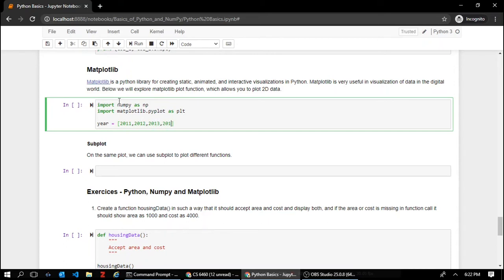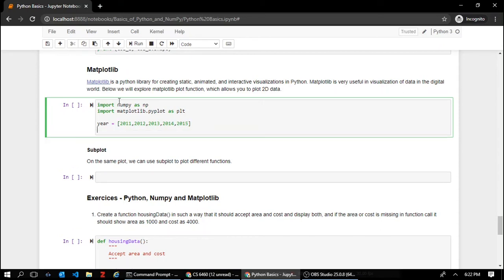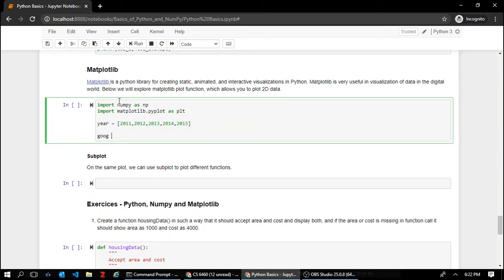Here we'll create dummy data on the stock value of Apple and Google over a time span of 6 years.